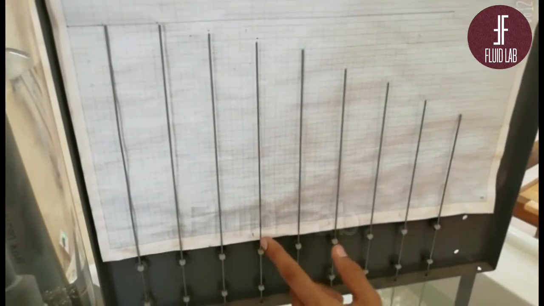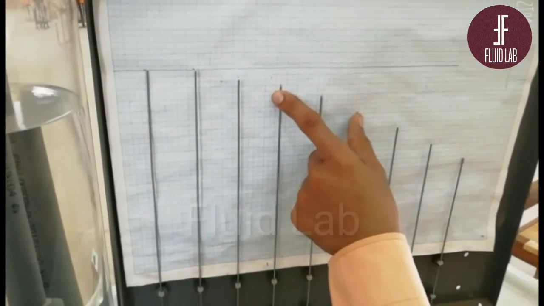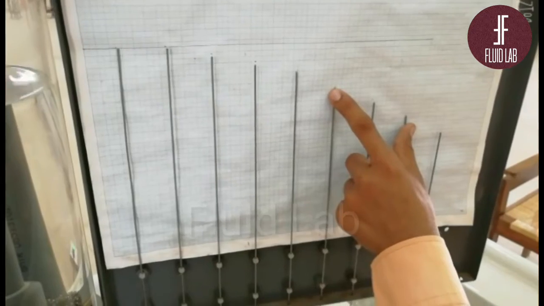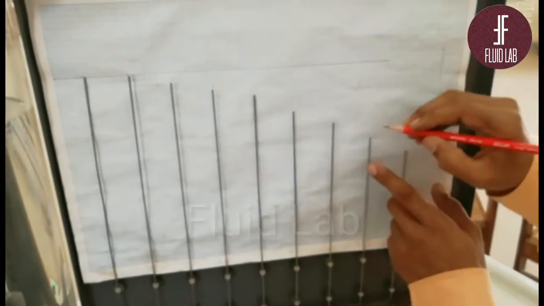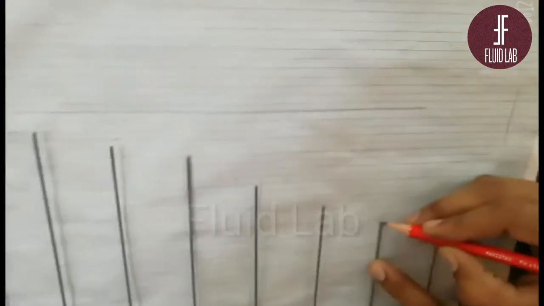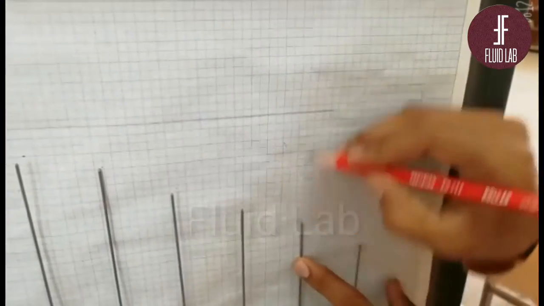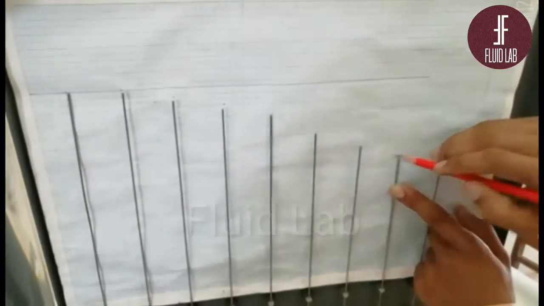And this is because of the sufficient difference between these needles, X point and Y point. You can see this point is here and the other point has a large difference here, and the other point is also a large difference of X and Y. So now we have to extend this point up to this line, so that from this up to this distance will be our Y, and from this point up to the orifice this will be our X for this